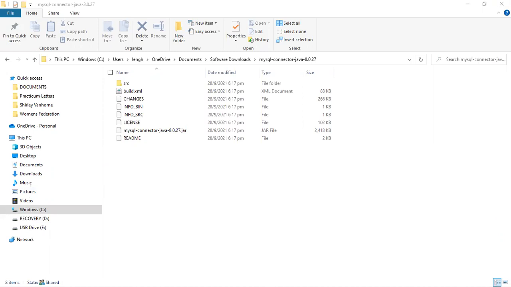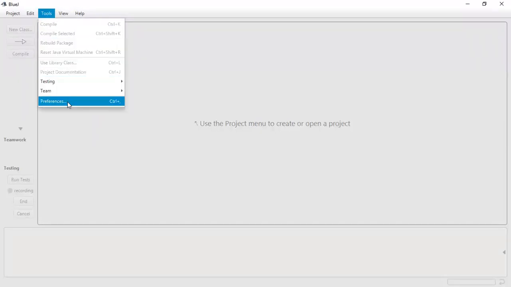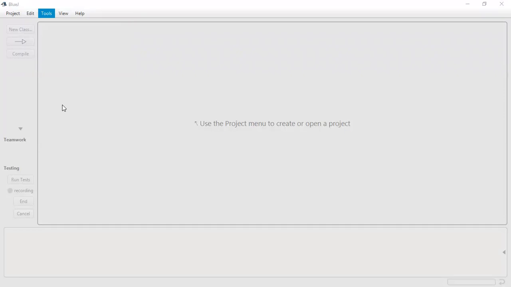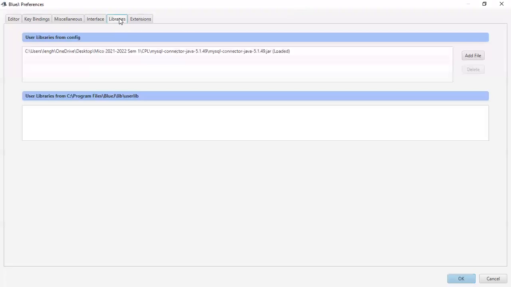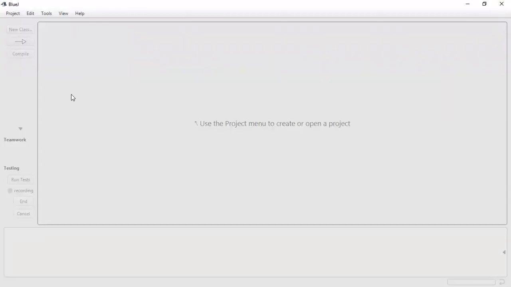So I'll just open back mine. If you go back to preferences and you go to libraries, you should be seeing the MySQL connector, and beside it you should be seeing loaded. All right, so good. With that done, the next thing I need to ensure that you have is